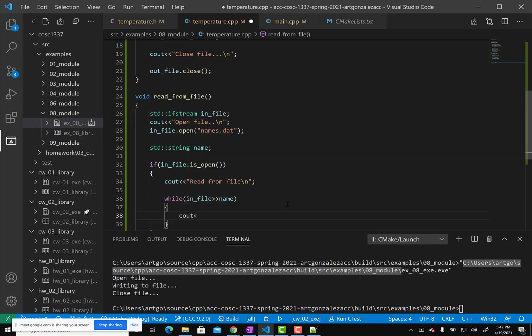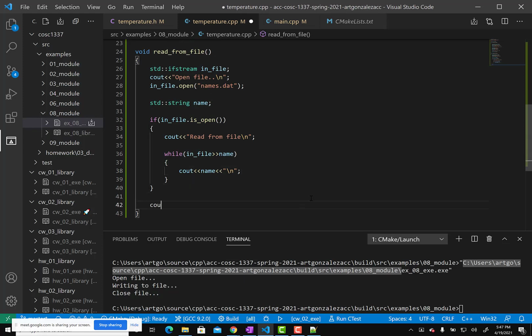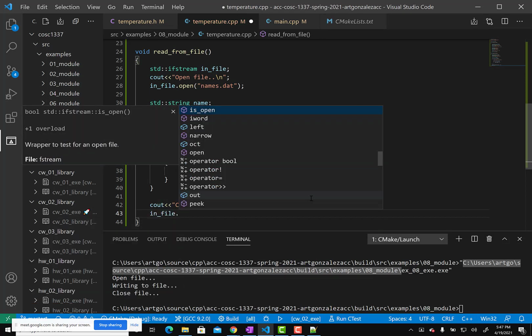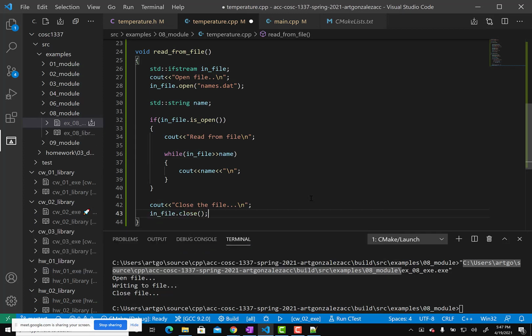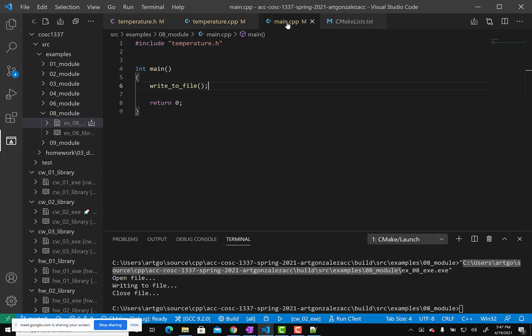then cout name, and then we close the file handle, in file dot close. So we come over here. So